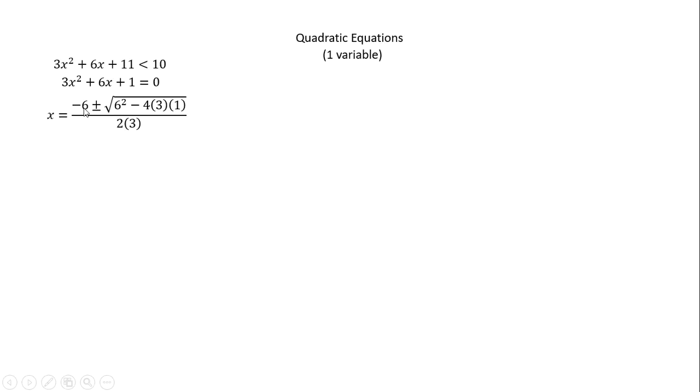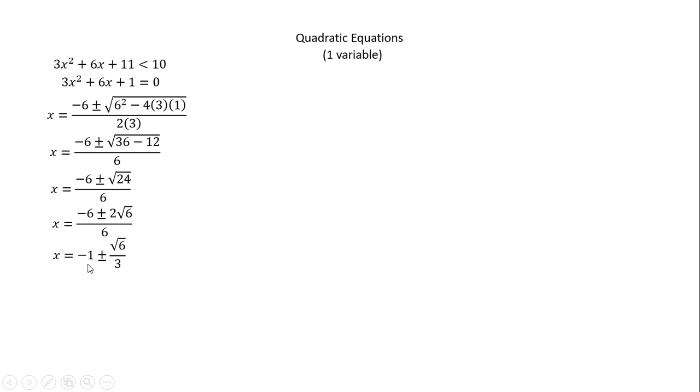x equals negative 6 plus or minus the square root of 6 squared minus 4 times 3 times 1, all divided by 2 times 3. That'll simplify. 6 squared is 36, 4 times 3 is 12, 2 times 3 is 6, 36 minus 12 is 24. The square root of 24 is the square root of 4 times 6, so that gives us 2 root 6, and then we can split up our fraction to be negative 1 plus or minus root 6 over 3. Is it super important you do that? Not for the number, but it will help us,